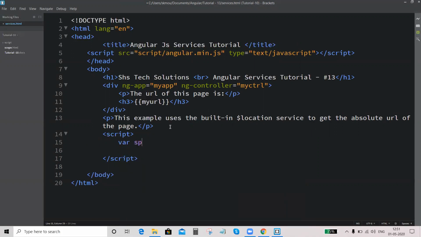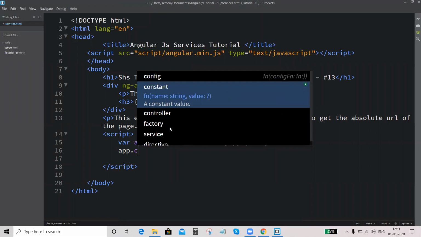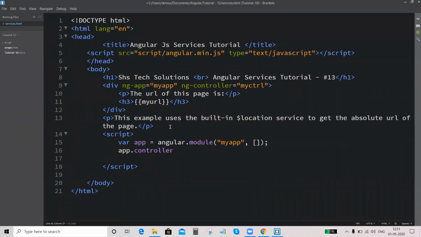Angular.module, my app, controller, function $scope.